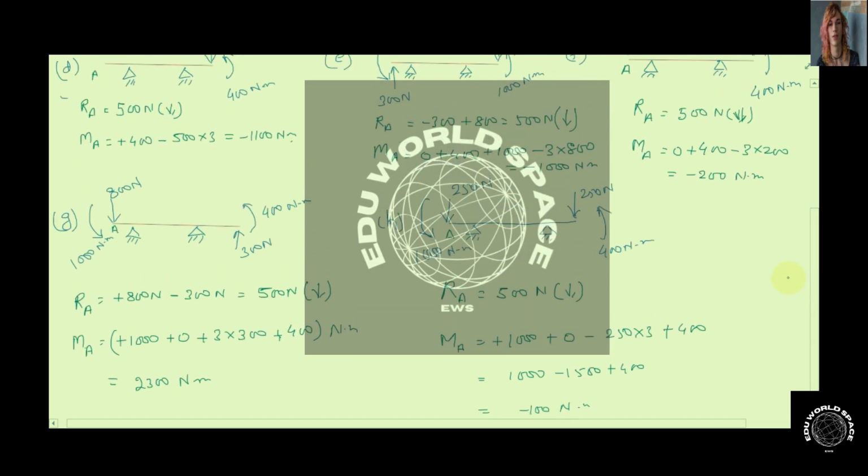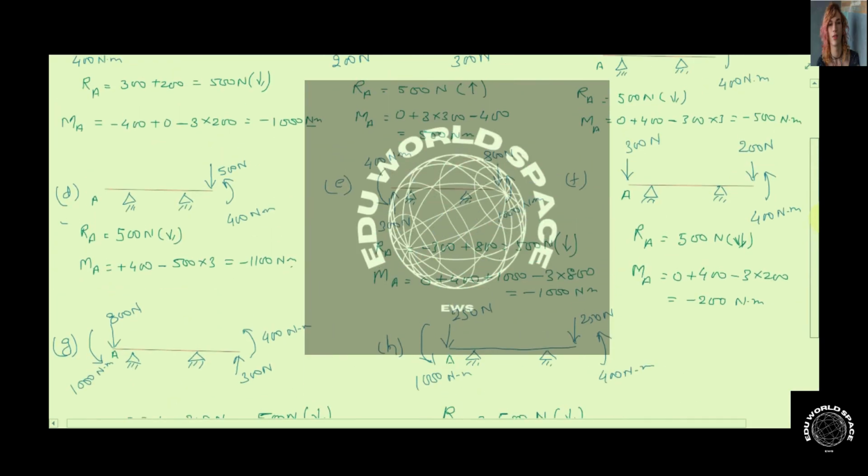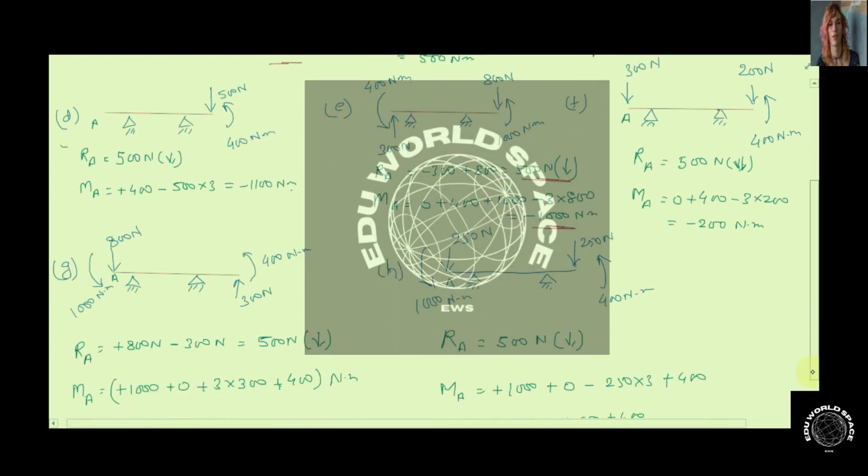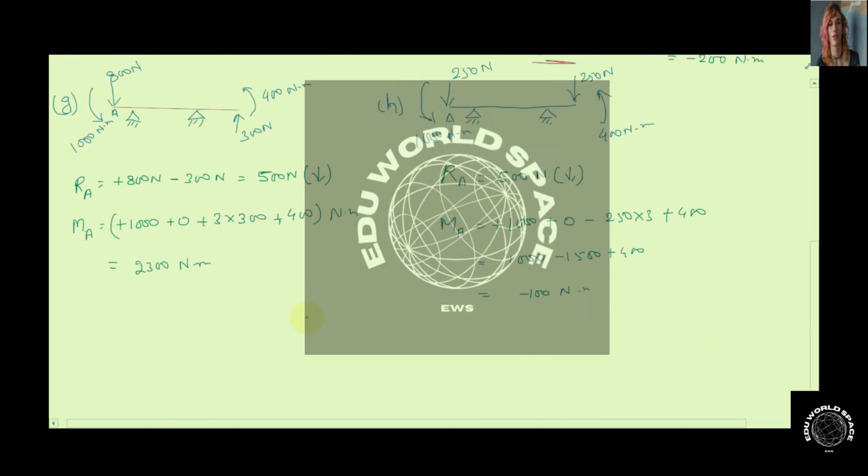If we observe the magnitude and direction of force and moment, then we see that in part A the reaction is 500 Newton downward and moment is minus 1000 Newton meter. And if we observe part E, the reaction is 500 Newton downward and moment is minus 1000 Newton meter. So apart from these two, none of them have both the same value by magnitude and direction. So A and E is the only system here that is equivalent to each other. So part B will have the answer A and